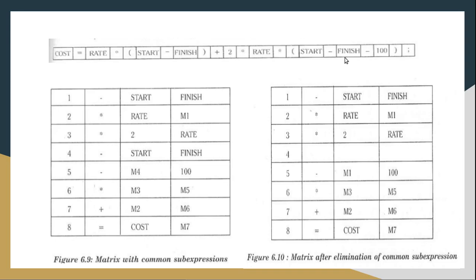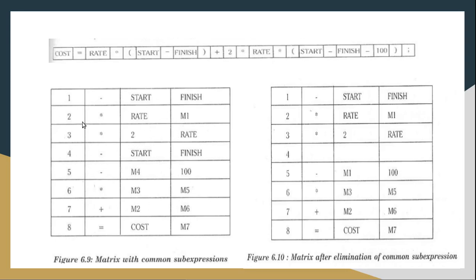And what is the next condition? It has to be in the same statement. Is it in the same statement? Yes, throughout this is the end of the statement. So both the sub-expressions are occurring in the same statement. So the condition is satisfied. Now we have to apply the algorithm. So what is the first step? We have to represent it in the matrix form such that we can recognize our sub-expression.